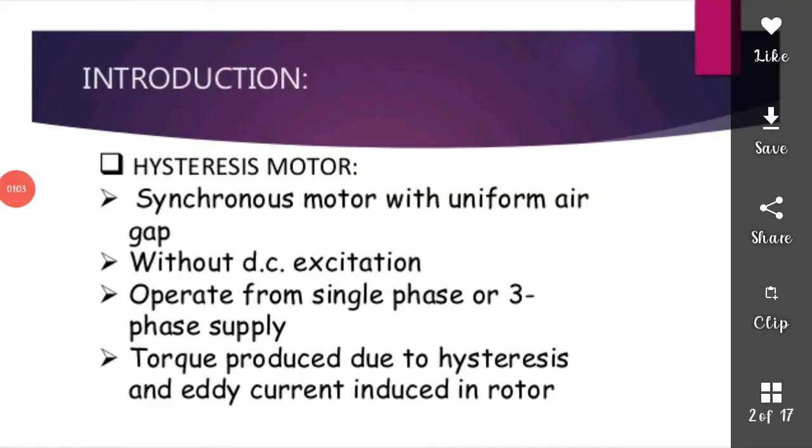We are discussing the single phase synchronous motor, which is classified into two parts. First is reluctance and second is the hysteresis motor. Let's discuss the first type, that is the reluctance motor. See, the reluctance motor is a specialized type of motor. It is an electrical motor that runs by reluctance torque. This motor has a small number of poles, but it can operate on AC and DC also.